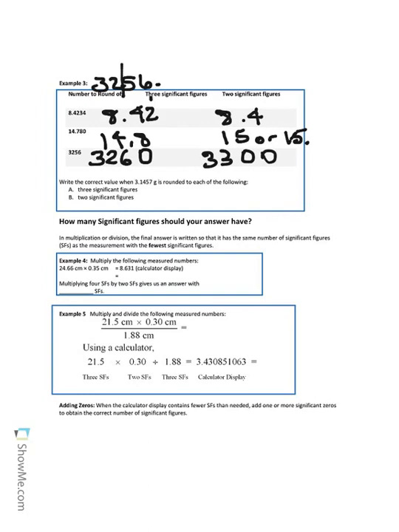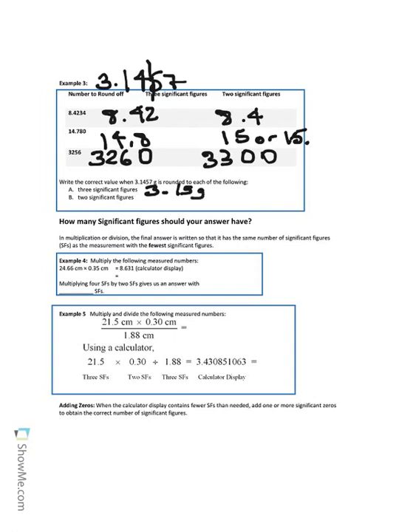One more. What is the correct value when 3.1457 grams is rounded to each of the following? Well, let's look at that. To three significant figures. 3.1457, right? Let's cut it off at 3. The 5, is it 5 or larger? Yes, it is. So we would round this to 3.15